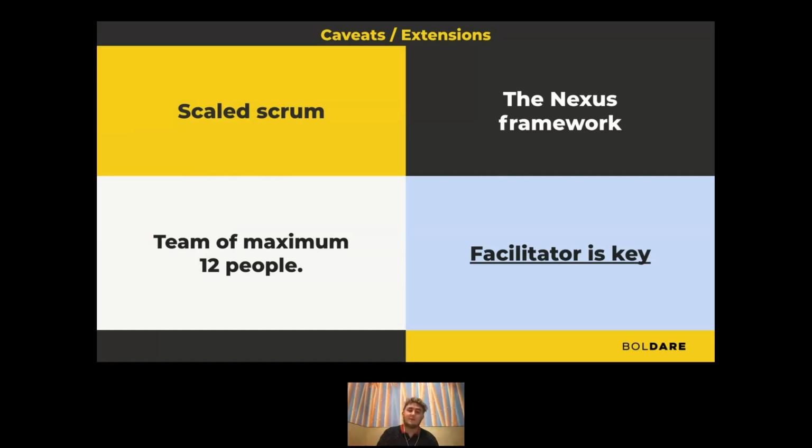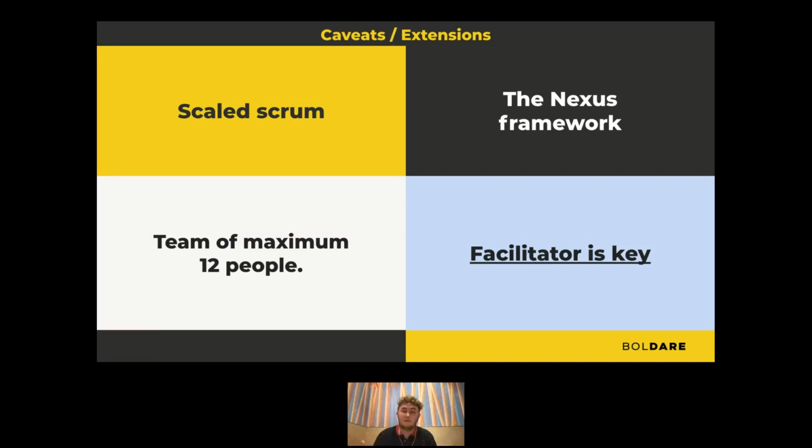For instance, scaled Scrum. Scaled Scrum is when you have multiple teams developing one big application, and how do they coordinate? How do we use the domain experts not to starve some of the teams and work closely, efficiently, so everyone can put their code on production, so nobody is blocking each other? How to do that? We've got this concept of scaled Scrum, but sometimes it's not enough.